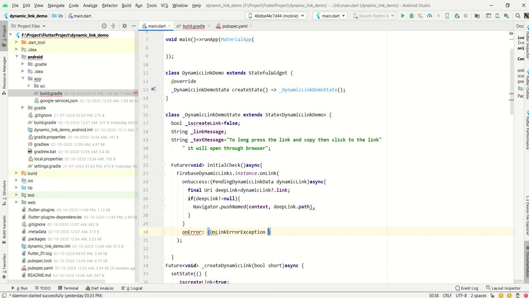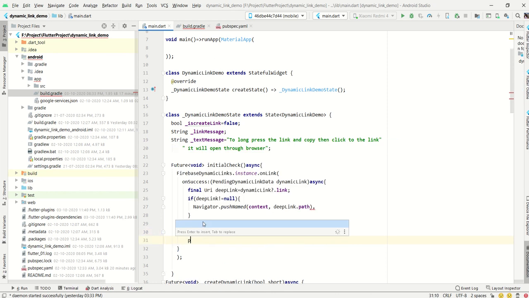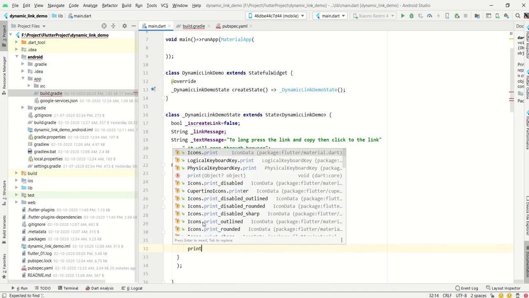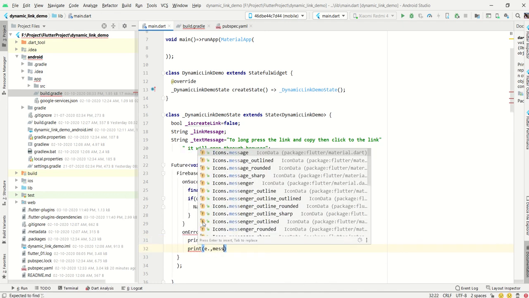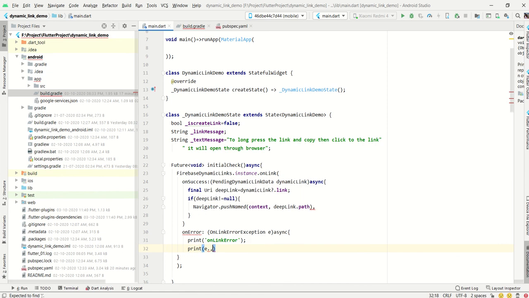If link is not there, it definitely fetch some exception, so we need to fix these exceptions. Okay, so for that reason, I just print that error, whatever the error we get, on link error, and then we have to just print the exception, whatever the exception message is there, I just want to print that one. Okay, so up to this, it is okay.